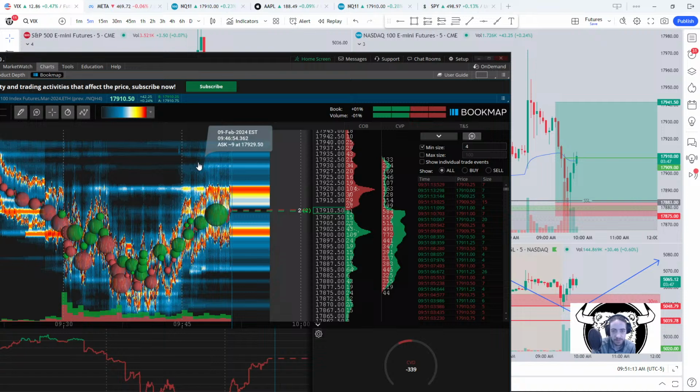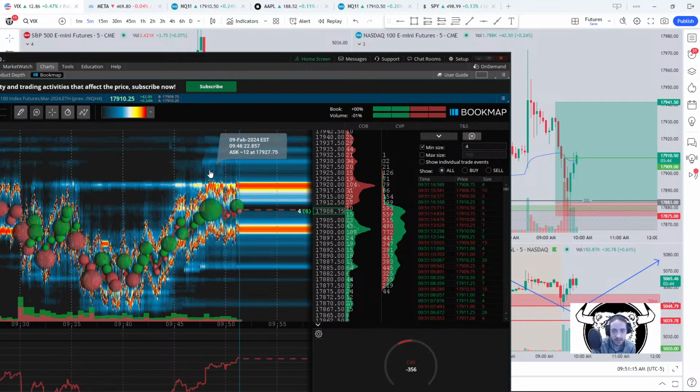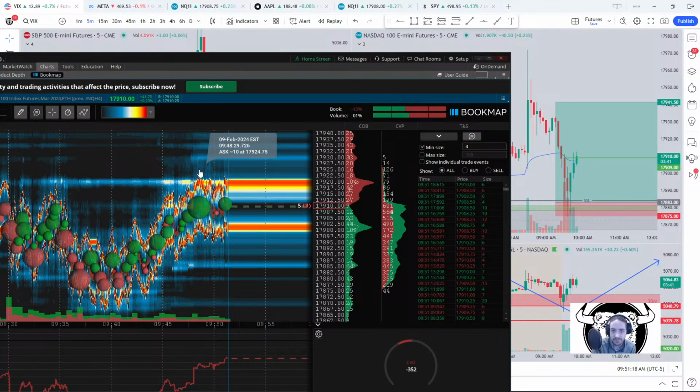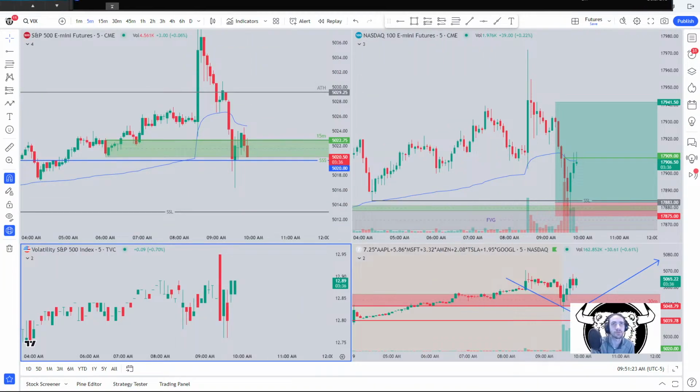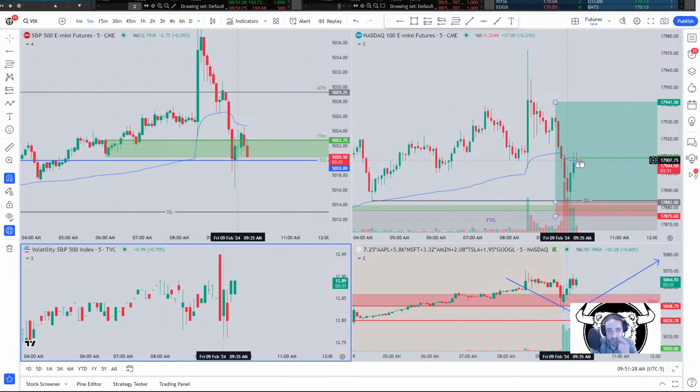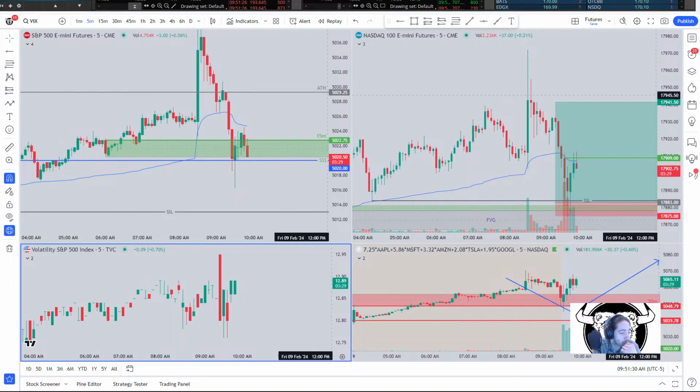Some selling pressure stepping in. There we go. Come on, buyers. Let's give us that push. Run it up. Oh, they keep getting batted down. Be careful with that because, again, we're rejecting a 5-minute fair value gap, I should say. Microsoft's about to make a new high of the day, though. Tesla did make a new high of the day. I'm staying in these long positions. I'm looking for a big win on this, guys.